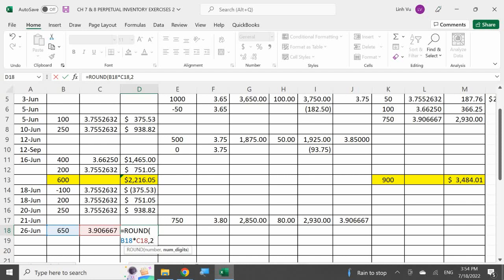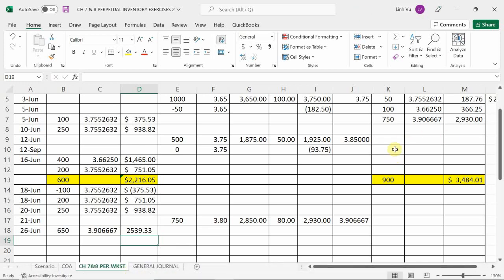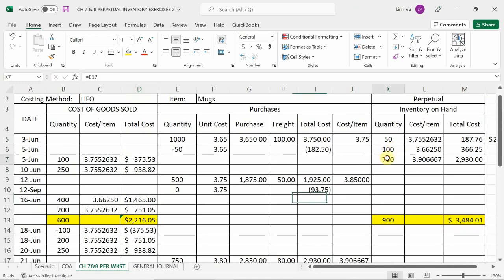I have $2,539.33. Good. $2,539.33. 25, 39, 33. We didn't make that much money on that one. No, we didn't. Okay, so in this case,